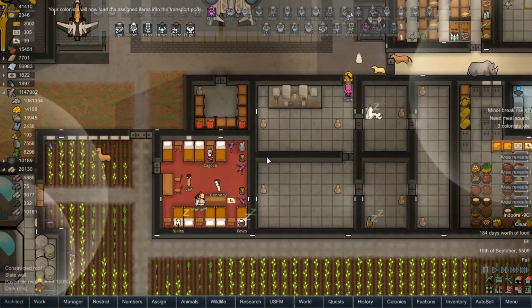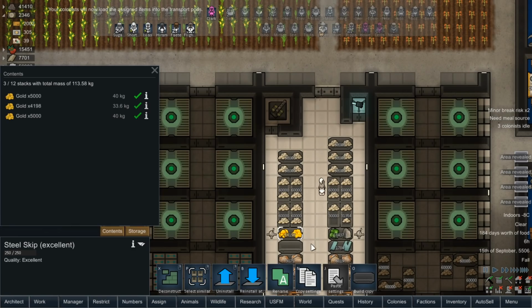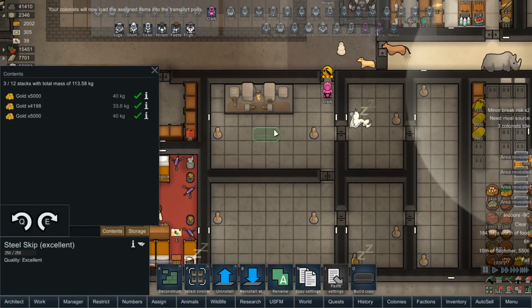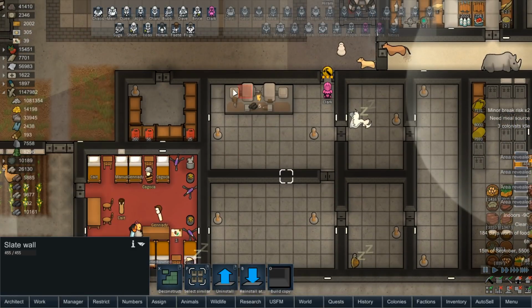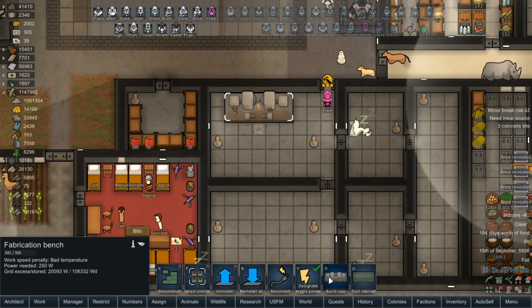Accept. And then we're going to need some skips. So what we'll do is grab this skip and just move it. Probably is going to be the best way. We'll reinstall that. Okay, we're gonna need to change this room up. Is this a collapse size? Yes. So what we can do...